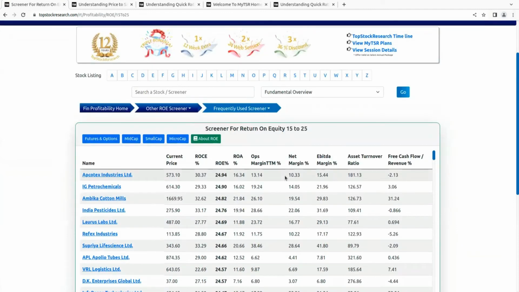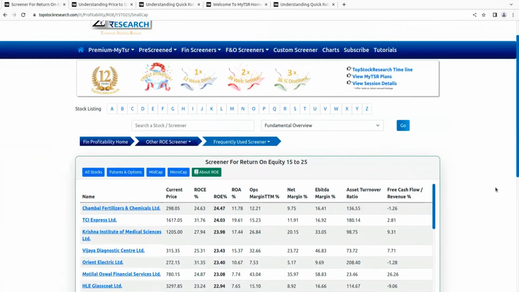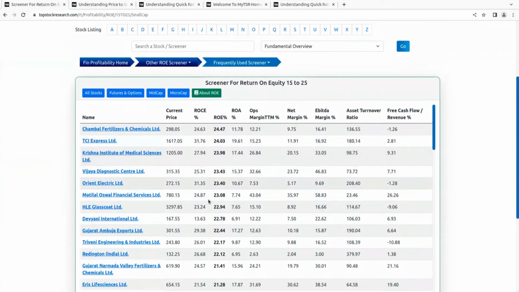If your focus is only on small cap, you can easily filter on small cap. So it will show you the stocks of small cap within that particular criteria. So these are pre-screened reports, which will give you a lot of ideas. So there are quite a few stocks matching this particular criteria, right? If you feel that you want to revise your price to sales, you can click here, get more information about price to sales. On ROE,